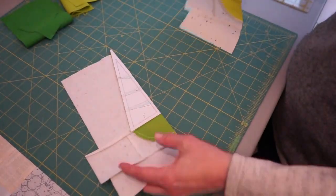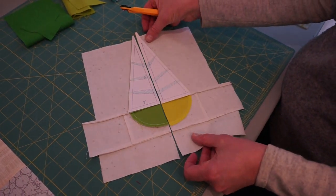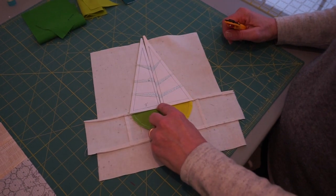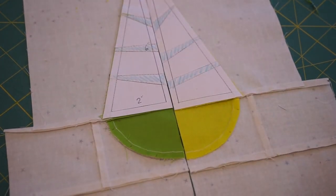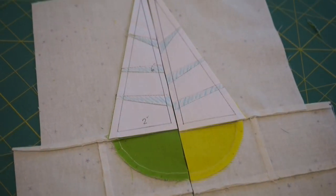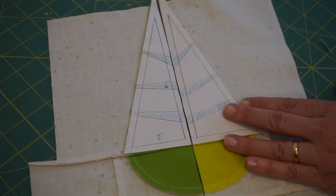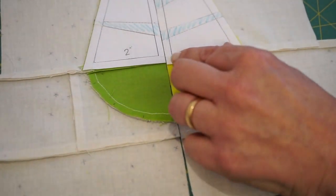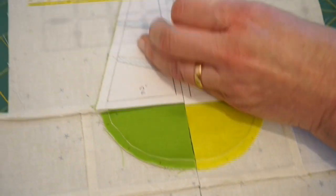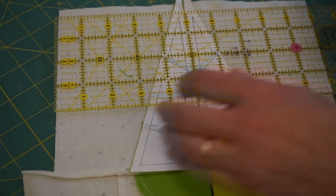So we're going to show the paper side, and the reason for that is we want to make sure that these two align here, these two points align here, but also that these points align here, and that's going to be our critical point for matching up the height of the tree. So I've just lined up the bottom of the curve and lined up the bottom of the triangle, and then I'm going to trim with a right angle to